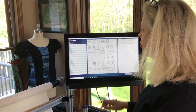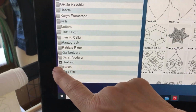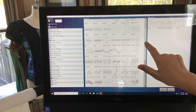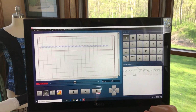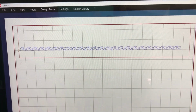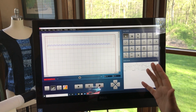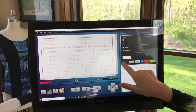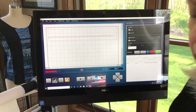So this morning I wanted to show you, I have selected borders and flat and sashing, and now I'm going to say match any tag, and it brings up all the options. You can see there are lots of options for borders or sashings. So what I've done is I chose the scrap paper. Since this is for a schoolboy, I chose the scrap paper, and now I'm going to again set this up and morph it to be the right size. And so I'm going to highlight that so it's active. I'm going to have it go to the sew head, and this time I'm going to have a 0.6 border. And now I'm going to set the...